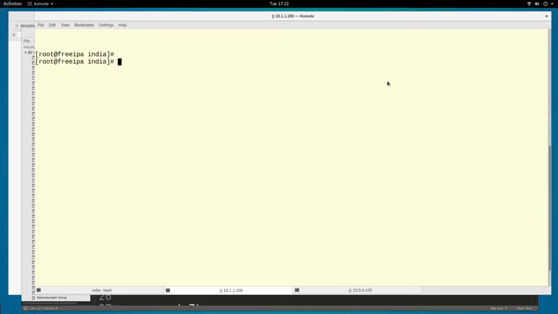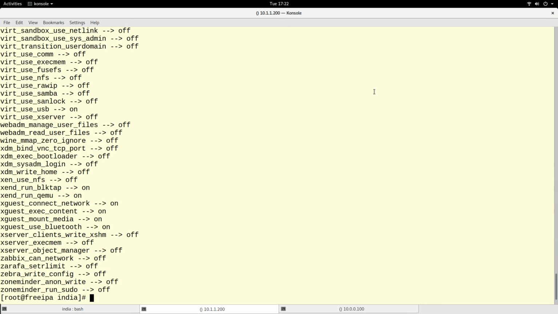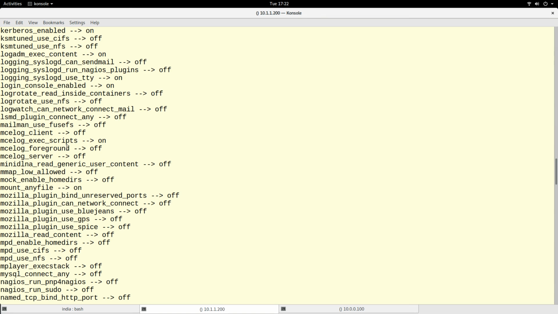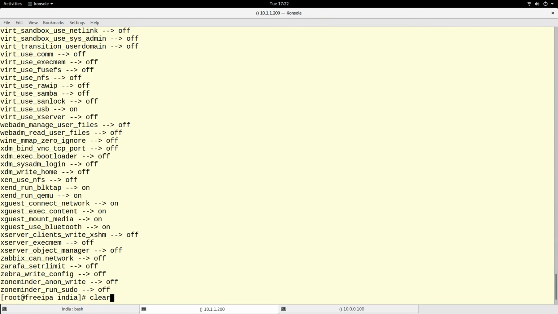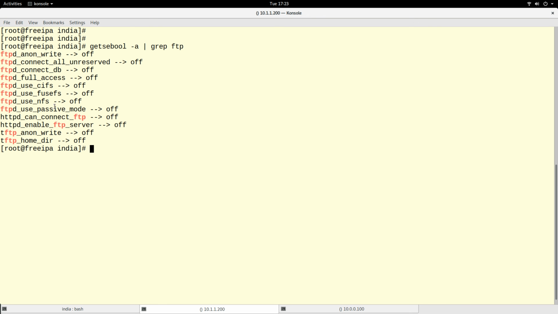Before I go, another set of tools that you want to check out is setsebool and getsebool. If you run getsebool -a, these are booleans. These booleans also affect how SELinux performs. One of the popular ones is FTP. If you run getsebool and grep for FTP, for example, if you want to allow anonymous users to write to your FTP server, by default anonymous will not be able to write,